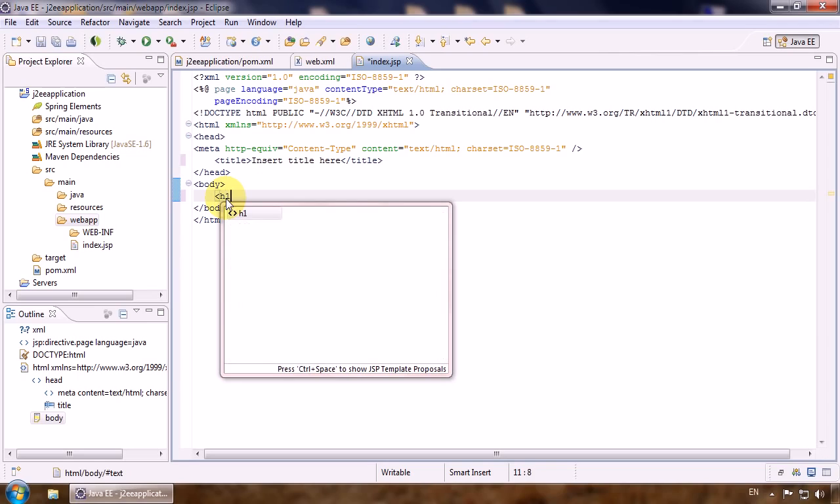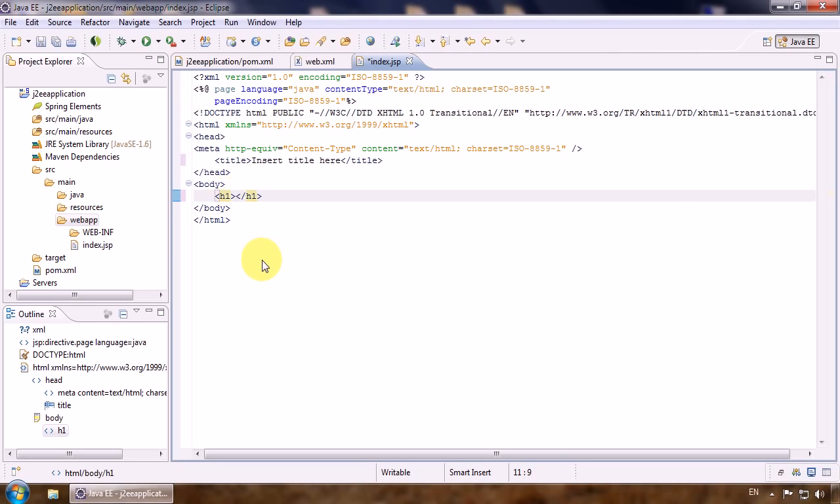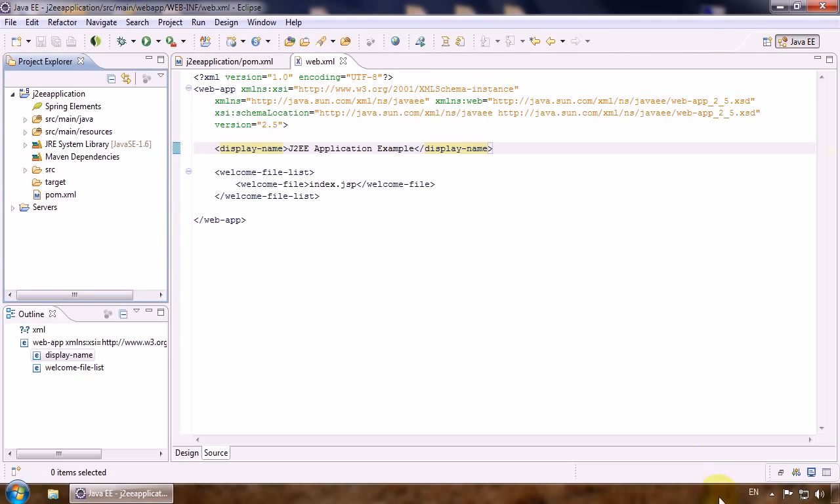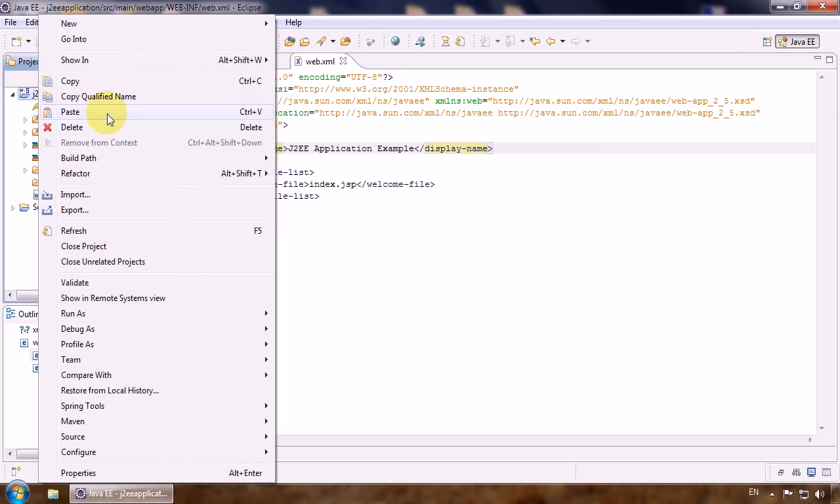And let's say here we create a header, and to test, okay, save it. We can close it, and now let's try to package it the second time. And by the way,